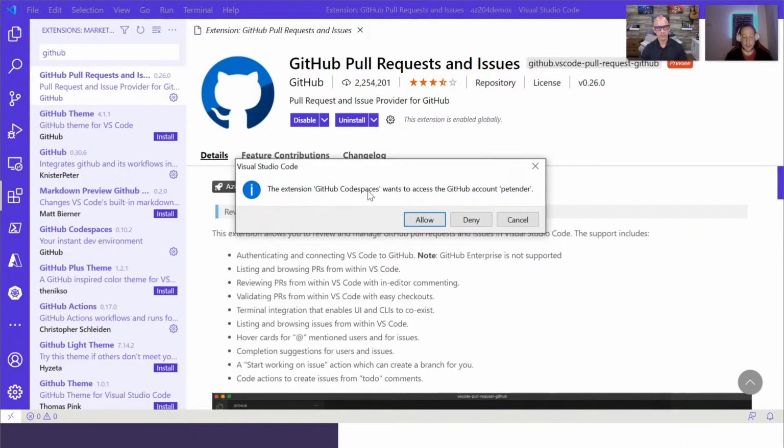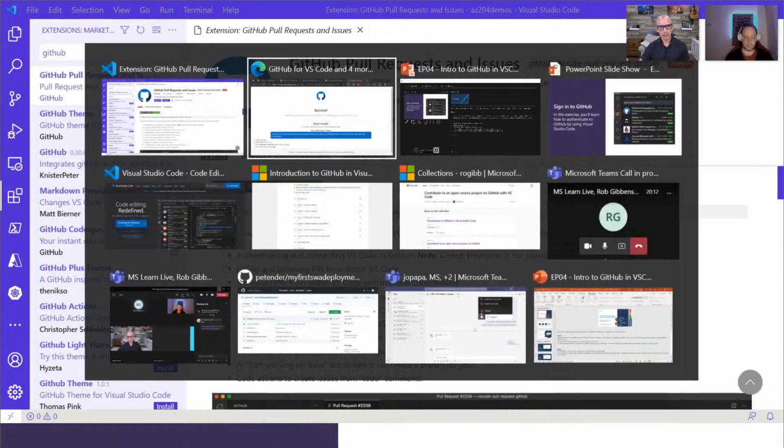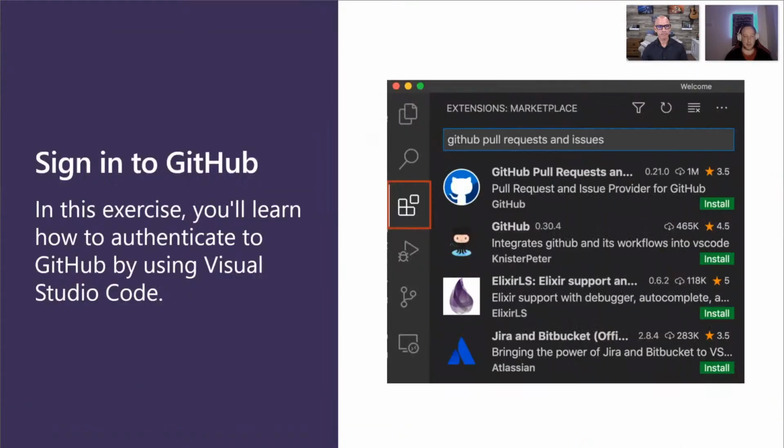I'm not going to move on with GitHub Codespaces. It's another extension I already had on my machine, but that's not relevant for the demo. But that's literally all it takes. So now we have this really cool, nice integration. And that's just a one-time thing, right, Peter? It's a one-time thing. Yeah, I signed out to go to the demo again to make sure that I could show you from the start what it actually looked like. And that should be about it, I guess.